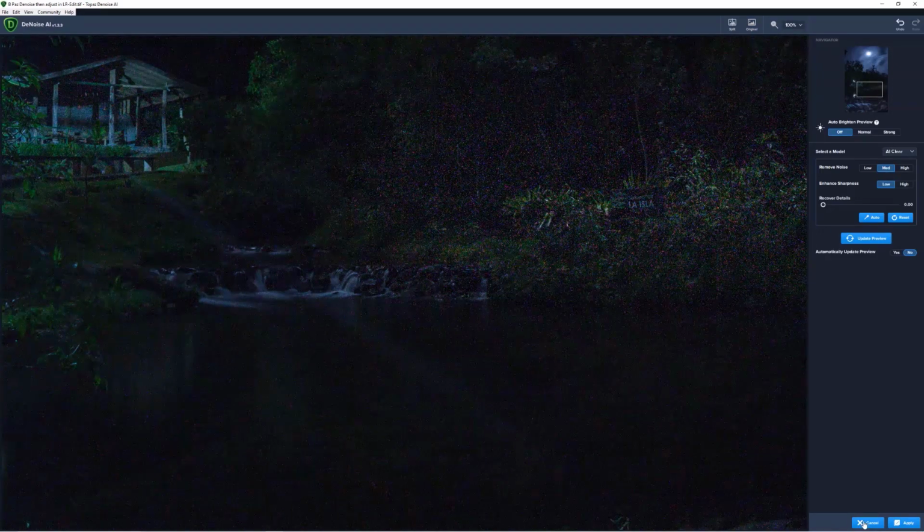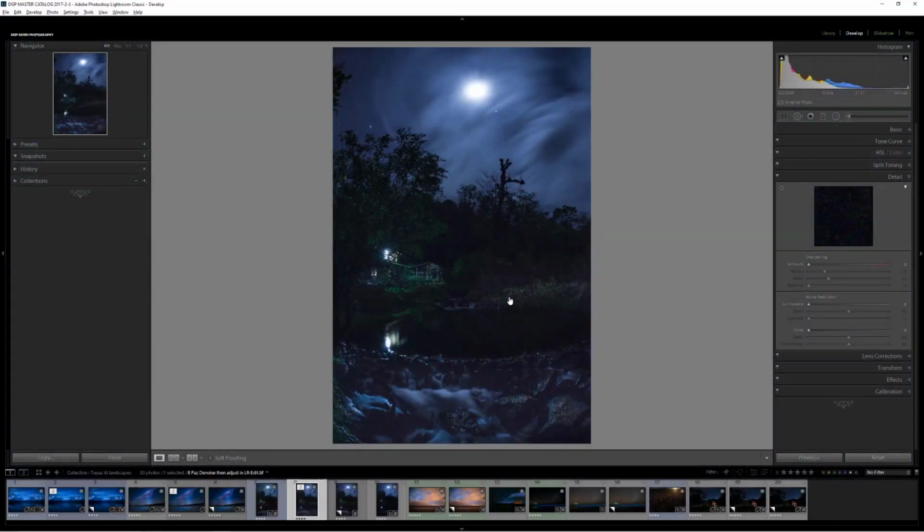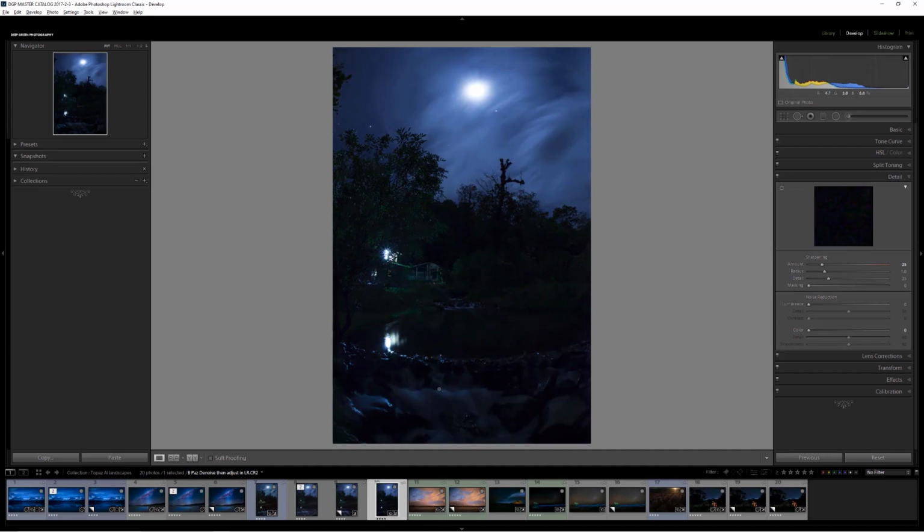And so I'm just going to click cancel. No, I don't want to save the changes. So let's try the other one where I haven't done, let's see what we have here. Here we go. The raw file where I haven't done any of those kind of local exposure adjustments or anything